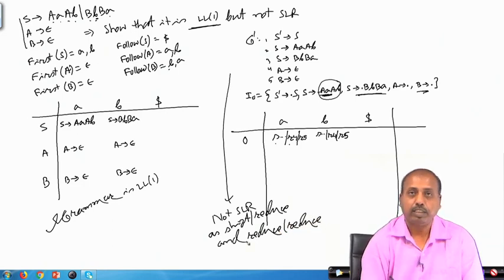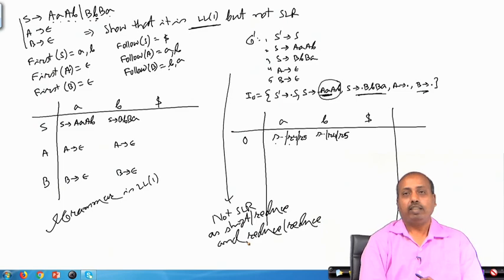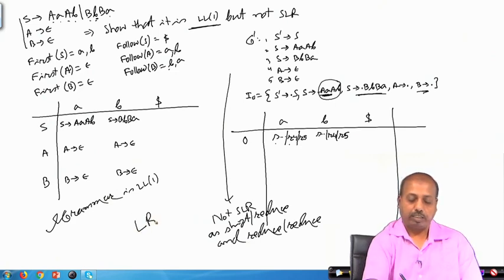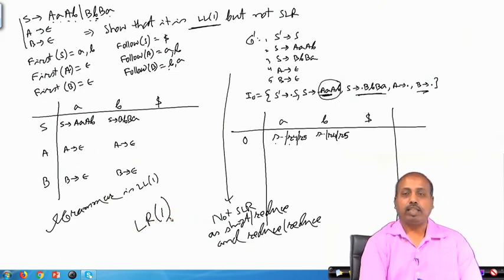So, that way we can find some cases where the grammar is not SLR, but the grammar is LL1. Of course, we may see that for this grammar we can make an LR1 parser. So, if we are doing this canonical LR, it may be possible that we do not get this type of conflict. That we will see later.